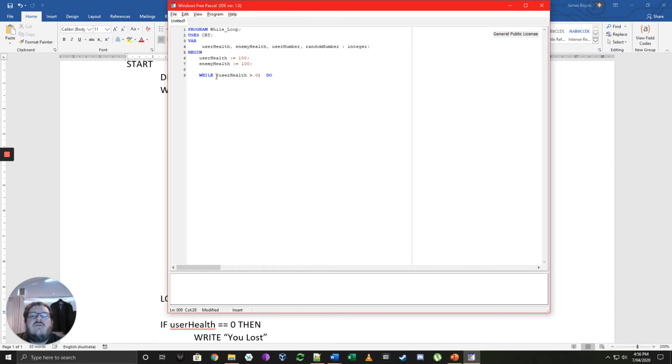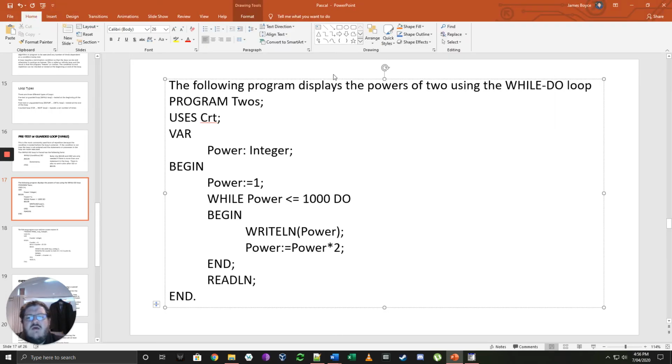We can do that because we may sometimes want to have different limited conditions that we want to end our loop on. So for now, we're just going to have user health is greater than 0 and enemy health is greater than 0. So while our user health is greater than 0 and our enemy health is greater than 0, we're going to do something. And if we look back in our notes, we see that we have to put a begin and